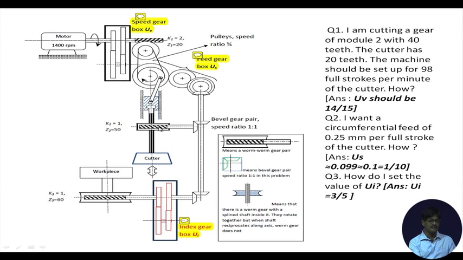But when the spline shaft is rotating, it has to share its rotational motion with another member which is connected to the spline shaft through teeth. So, rotation is shared between this worm gear, designated as Z2 equal to 50. That means it has 50 teeth, and the number of starts on this worm is equal to 1, and therefore they rotate together. Rather, the worm gear makes the cutter shaft rotate.